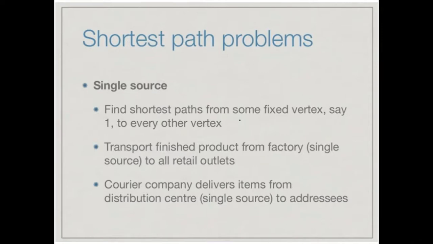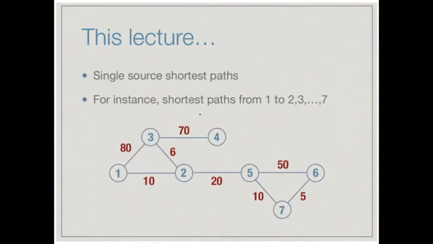Okay, so let's move on. In this lecture, we're going to tackle a problem that has been shown in the slide. As you can see, I have weighted the graph: the edge between vertex 1 and 3 has been weighted as 80, the edge between 1 and 2 has been weighted as 10, and the edge between 2 and 3 has been weighted as 6. We have already discussed this particular graph in the last lecture, so I will continue from there. Let's move again.